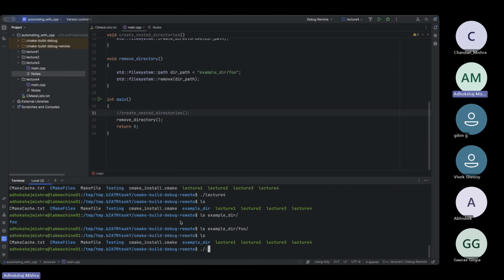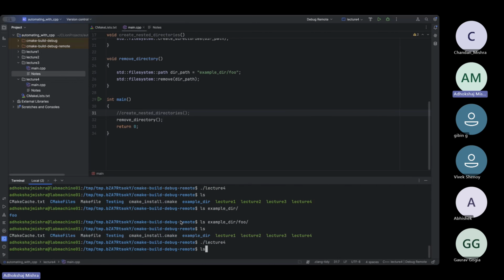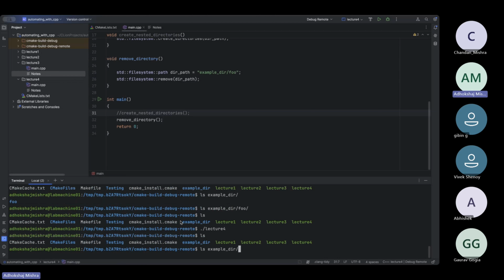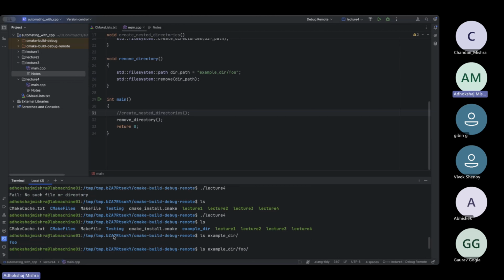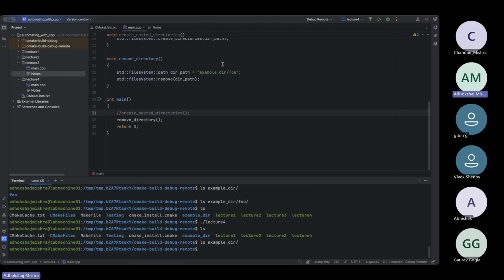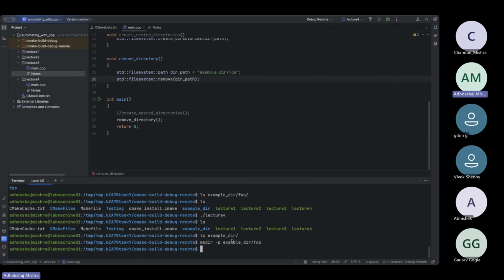So if I run this, I have that example directory, but within that example directory, this foo part is missing because it has been deleted. So what I will do, dir -p example directory foo, I will create this again, and I will remove that /foo part here, build it again,